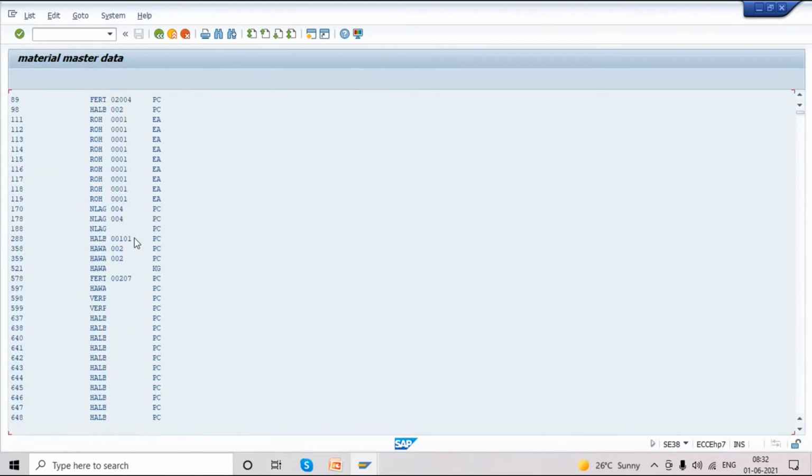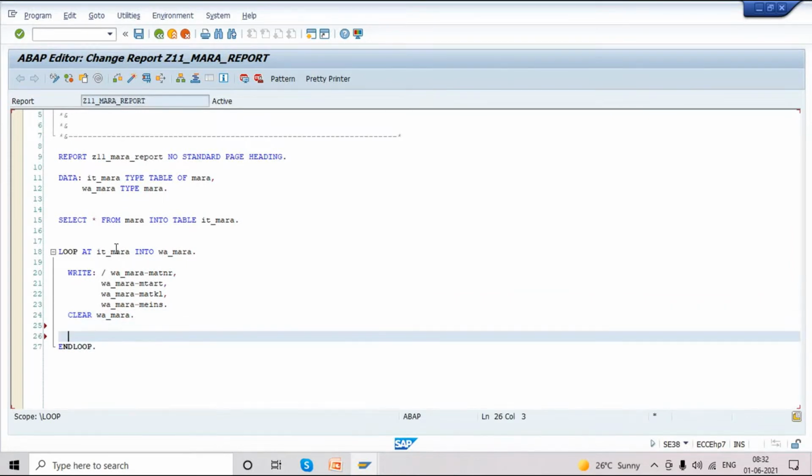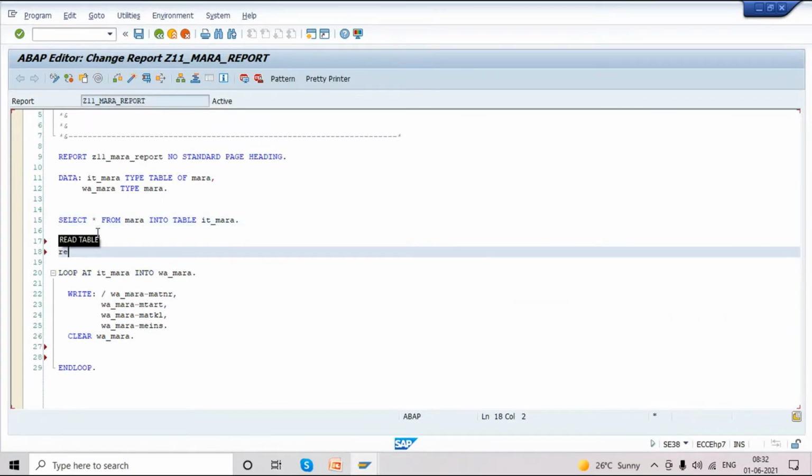Now I will show lookup time for 3 tables. Here I will take read table IT_MARA into work area MARA with the key field equal to some material number.